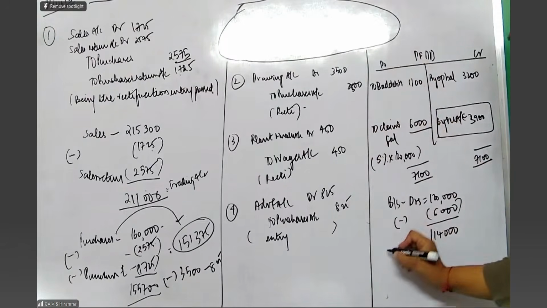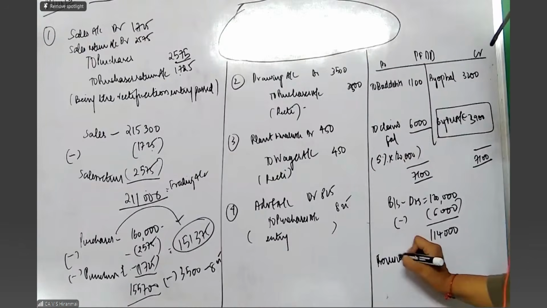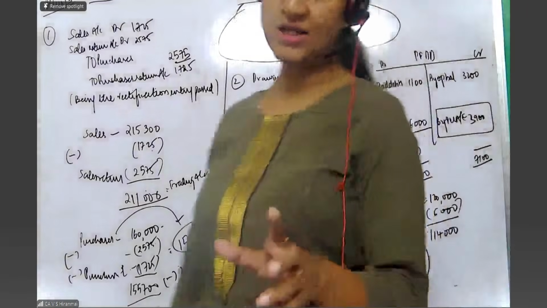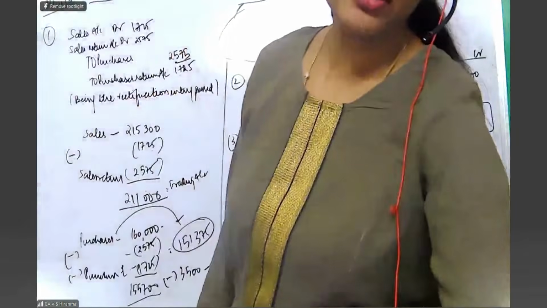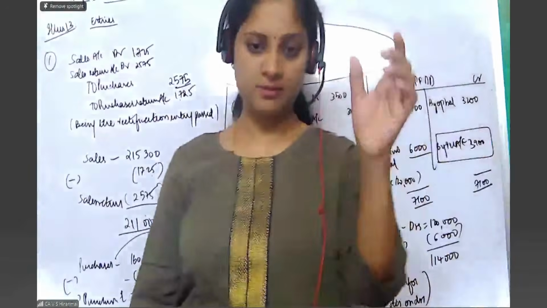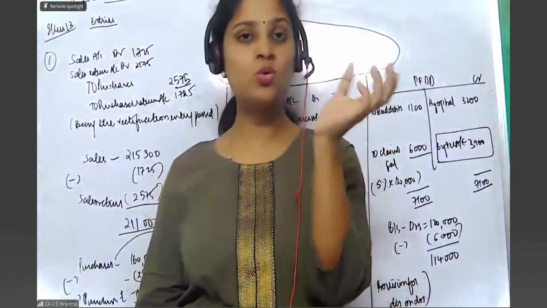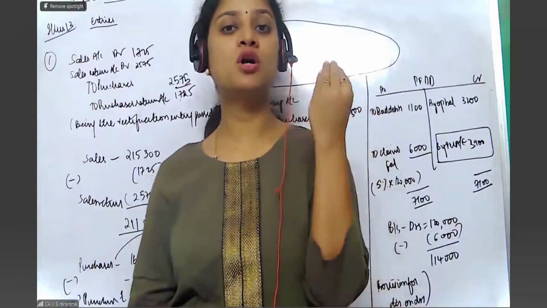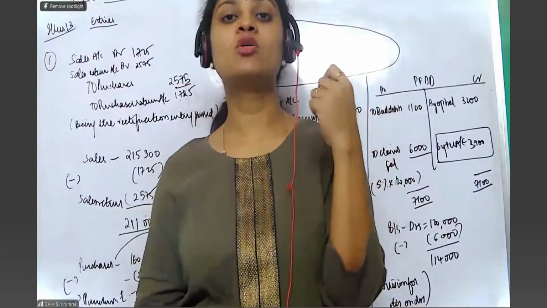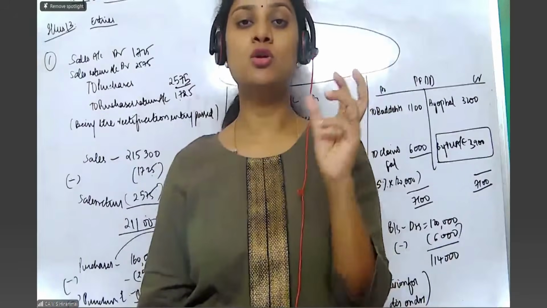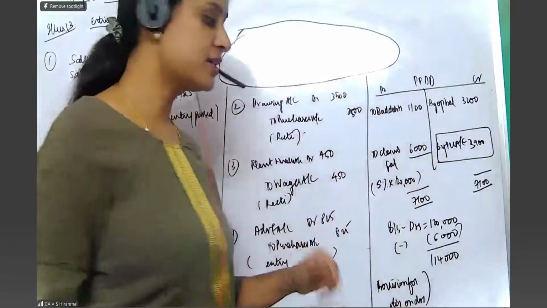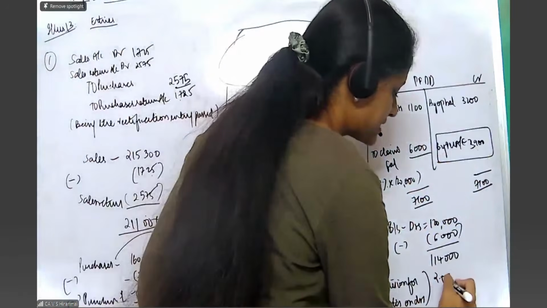But don't stop here. There is provision for discount on debtors. What is this, madam? Now for the bad debts you are making a provision. The same way for the people who are good debtors who are wanting to pay in time, if you want to give any commission, any percentage, any discount, for that also you can create the provision. So here it is given, create 2.5% provision